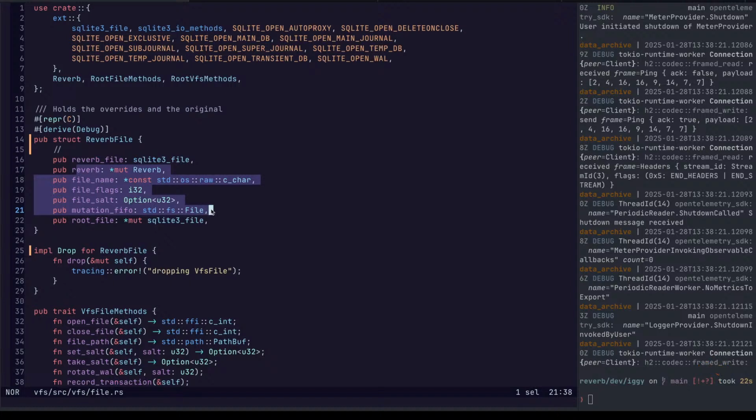We have our state. Then we have the root file. I don't like the name root. So if we wanted to override a set of function calls, we would modify this structure,